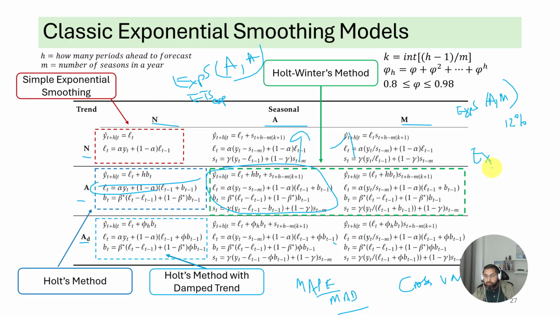And exponential smoothing with no trend and just additive seasonality gives you a MAPE of 11.5%. So which method should you select? Now, no trend has fewer parameters. It's a more parsimonious model, and MAPE is almost the same. So should you go for the more parsimonious model or this model?